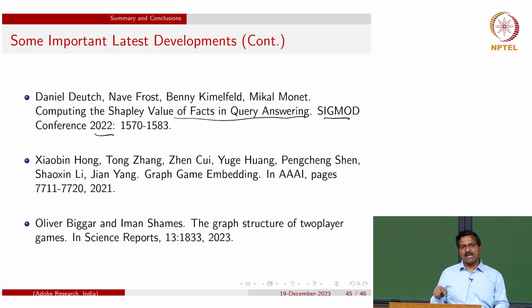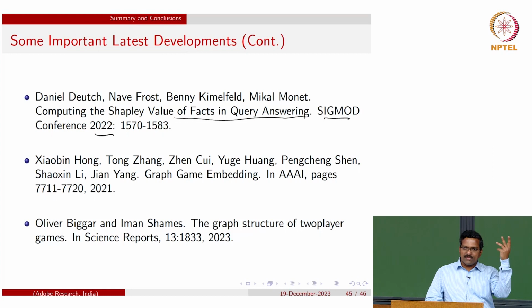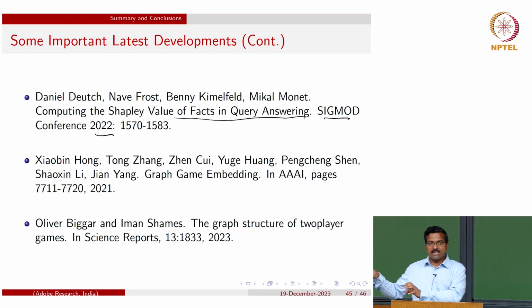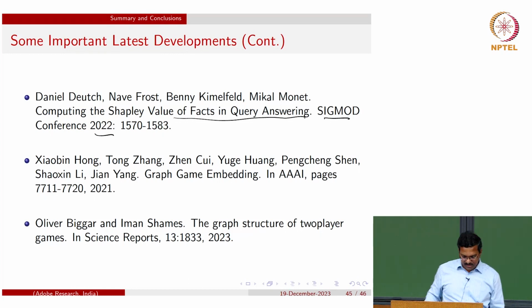They try to construct a graph using the strategies of the players, calculate the embeddings of the graphs, and using those embeddings they try to calculate the outcome of that game. In a non-cooperative game, the outcome is defined by so-called Nash equilibrium outcomes. So they are trying to correlate the graph notions and the embeddings calculated using those graphs to game theoretic notions. It's very interesting if you are interested in this kind of direction.